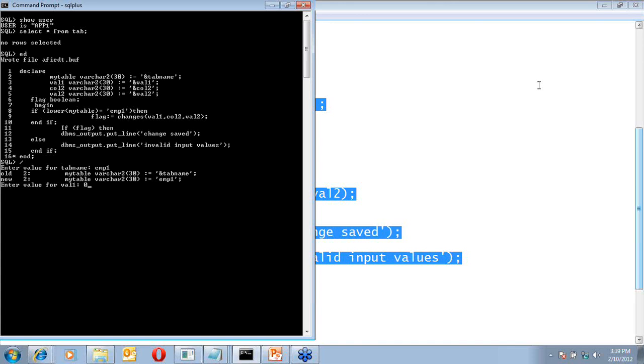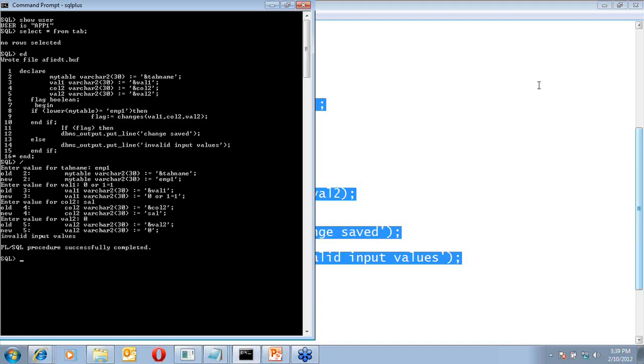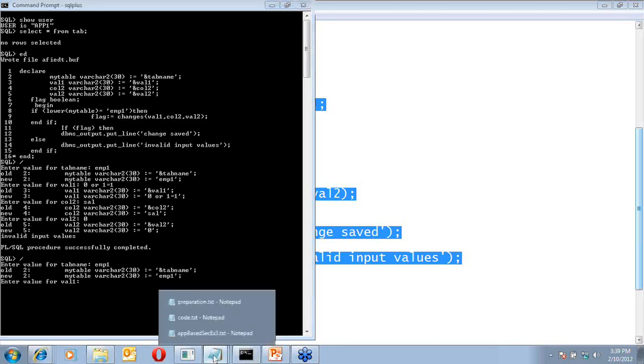I don't know what the valid employee number is, so I just try to bypass the condition. Then I try to modify the salary, which is actually not allowed. See, all it shows is invalid input values. I try again. This time I try to give a legitimate value, say one of the existing values.